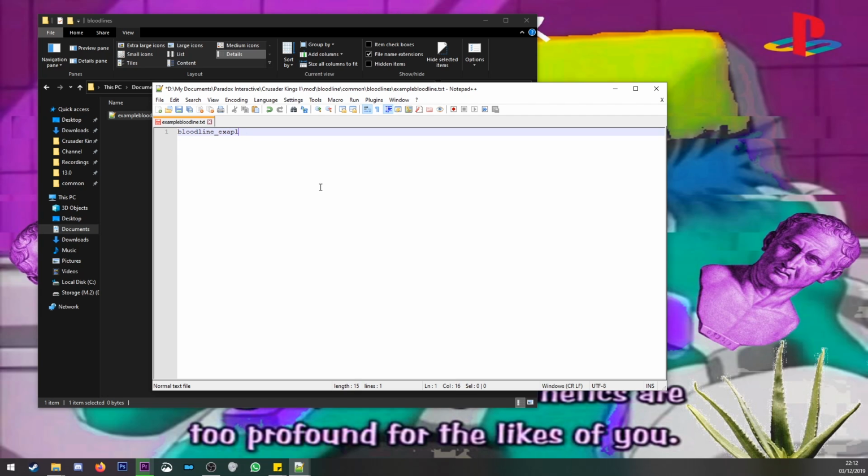Bloodline_example. Now, you wouldn't put spaces in this. So you wouldn't put space in names or anything like that, just because that's common coding etiquette. After that, then you want to put a space to signify that you're done naming that. Put an equals, another space, and then an open curly bracket, curly brace, whatever the hell you want to call